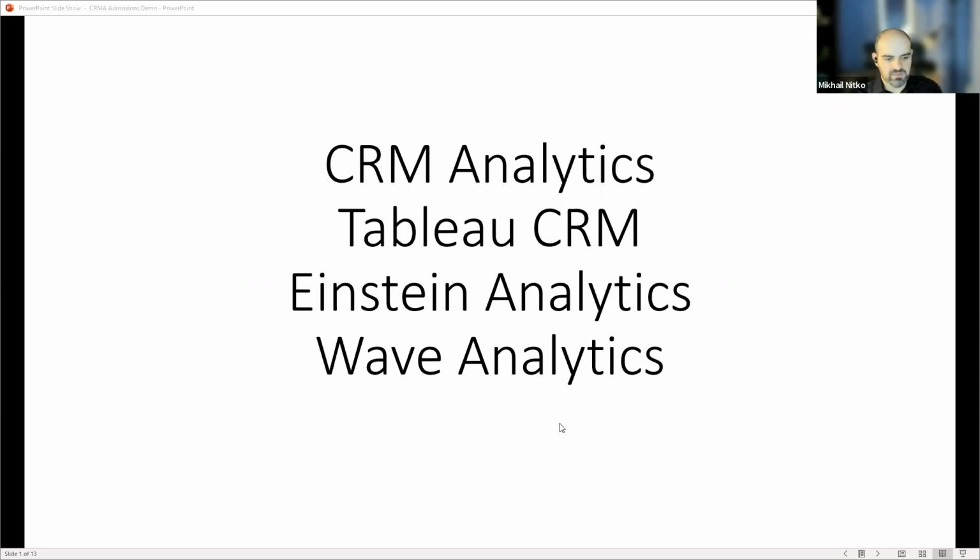Anyways, what I'm here to present on is CRM Analytics, which is a tool from Salesforce that is designed to do a couple things that Tableau CRM is not, now that Salesforce owns both CRM Analytics and Tableau CRM. The use cases I'll be presenting are for CRM Analytics in higher ed, so I'll be speaking from that frame of reference.